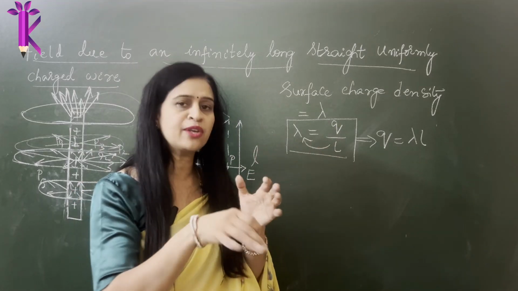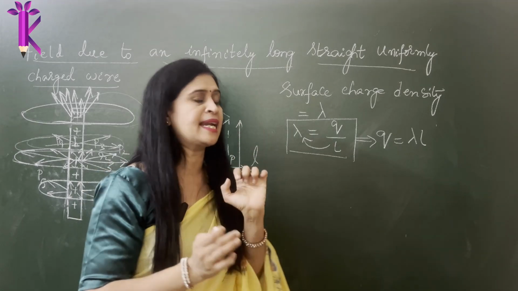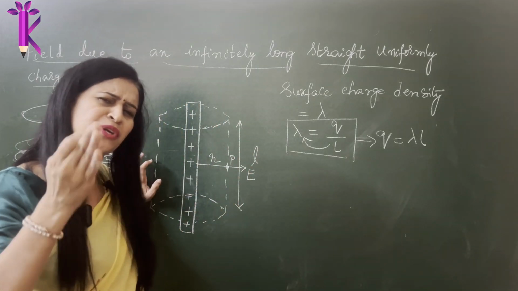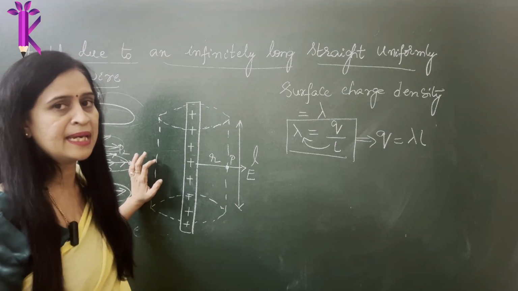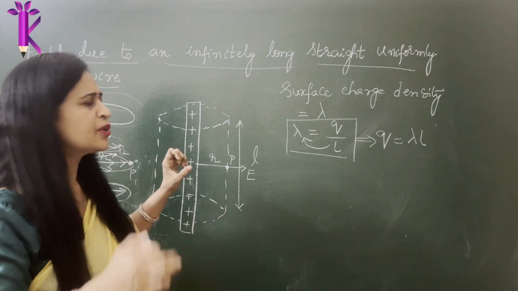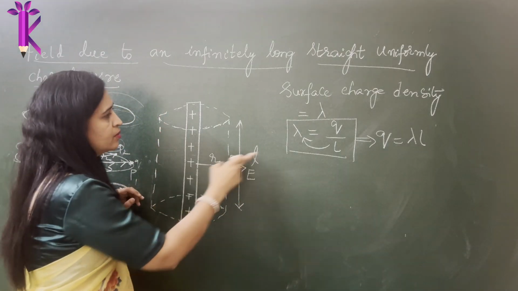Per unit length of the wire, you count the number of charges and that becomes the density of charges per unit length of the wire, assuming it to be divided into infinitesimally small unit lengths, a meter or a centimeter or a millimeter or even less than that. You basically take a unit length for simpler calculations, right? So this is the first thing.